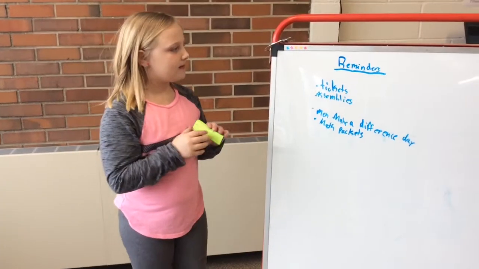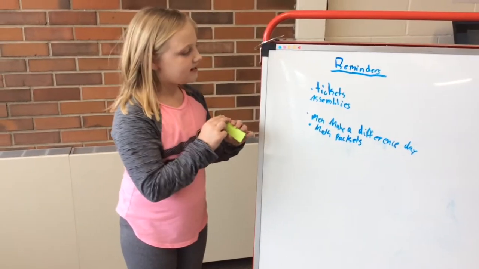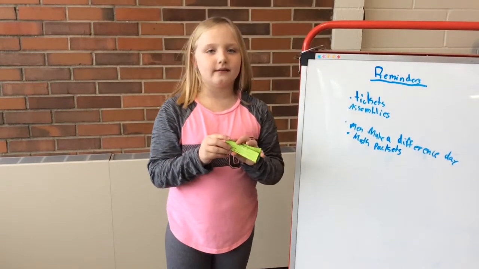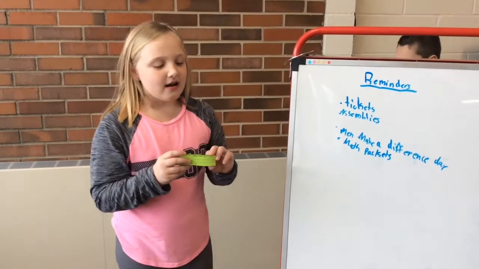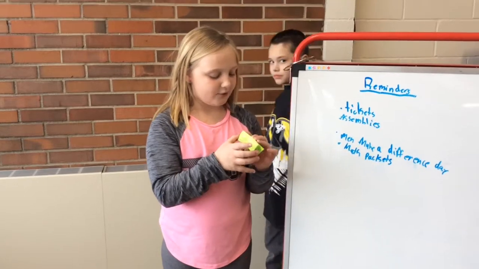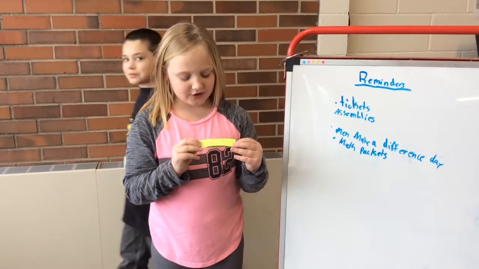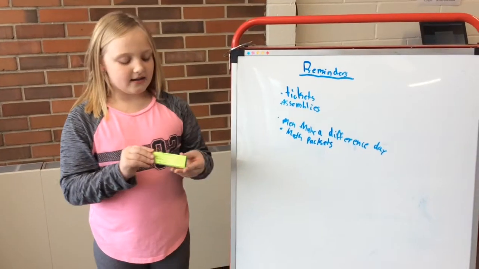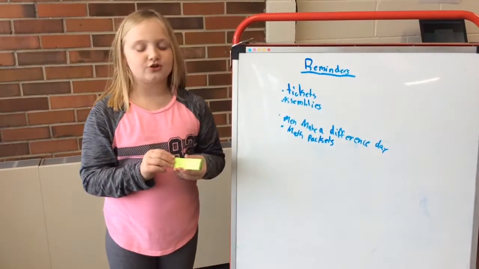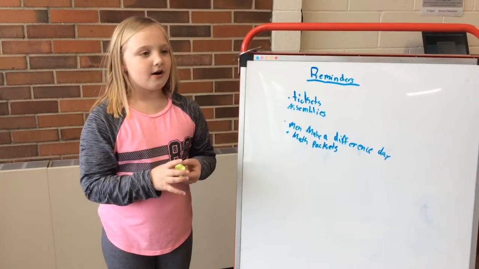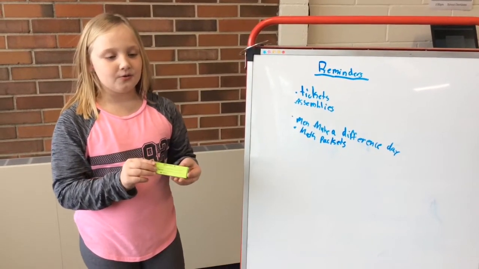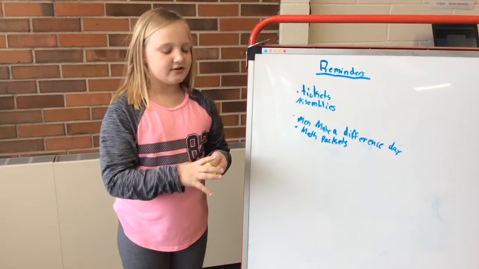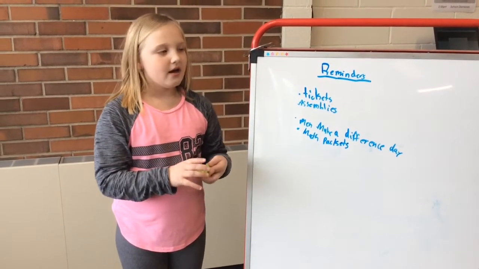This is just for reminders on the tickets, and we have assemblies every week, every Friday, and it's for these tickets. You have to fill out your name, your grade, and your teacher, and it says who it's caught by. And then teachers will draw out 2 names from their buckets, and whoever's names are drawn will get a prize for it. And there's also going to be another video on